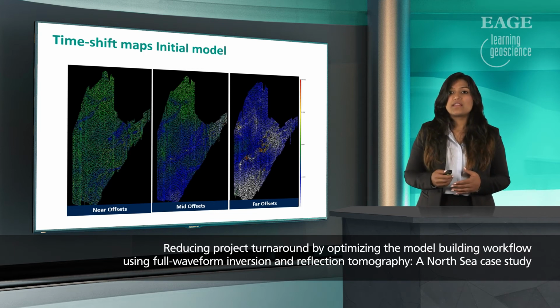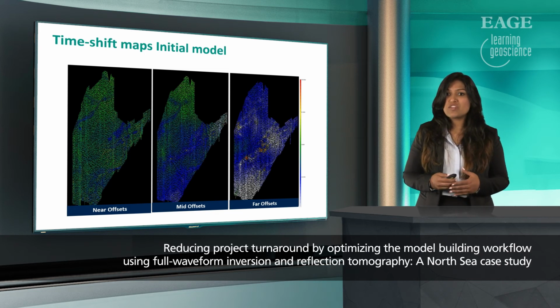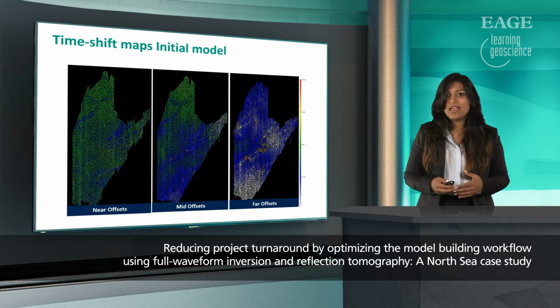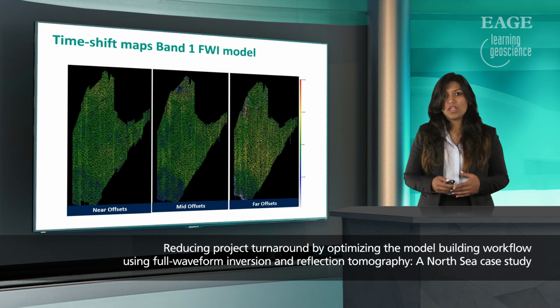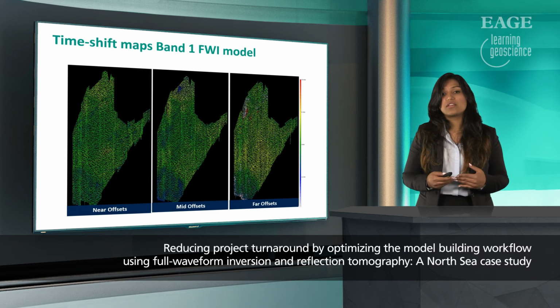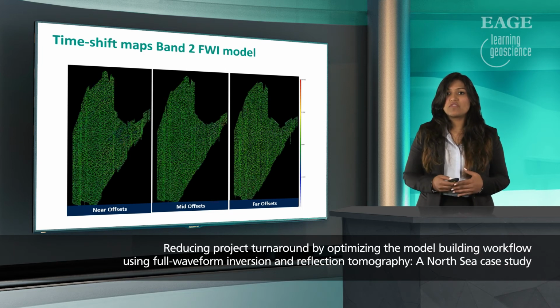While blue indicates the model is fast and requires slowdown, red indicates it requires speed up. The presence of any structural information in these maps, such as channels in this case, indicates incorrect velocity for that particular event. With band 1 update, you can see the QCs are quite consistent, and we have improved on the background model trend and got the data within the half wavelength criteria, which is further improved with the band 2